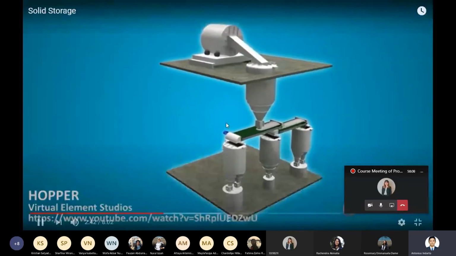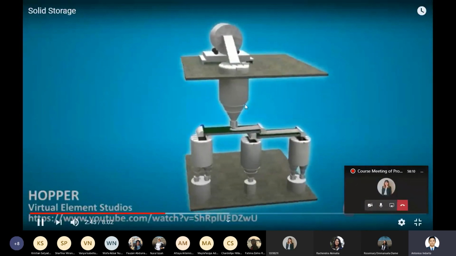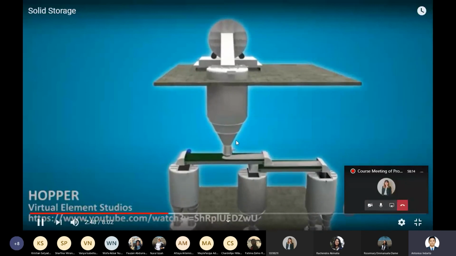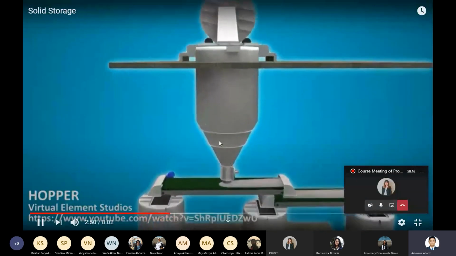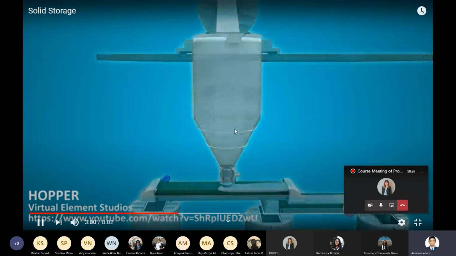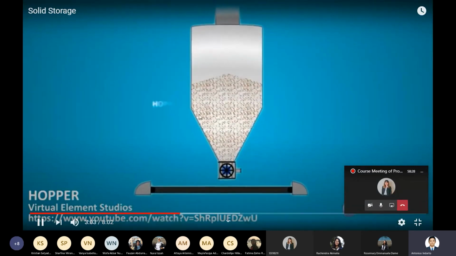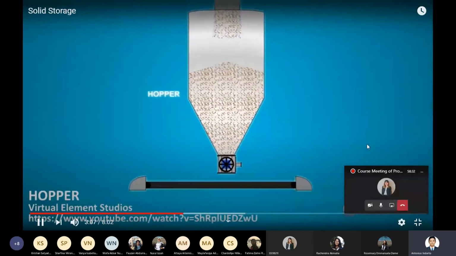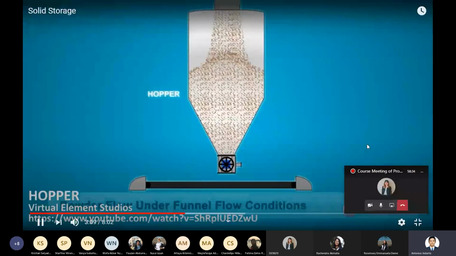In order to do that, we require a conical shape to direct the outlet of the solid particles to only one point. That is the reason the shape of this hopper is conical.